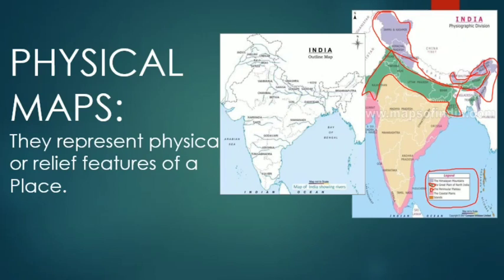This color is a peninsular plateau. So what is a peninsular plateau, children? What is a peninsula? Why are we saying this? This is the plateau, of course. What is a plateau? First of all, a plateau is an upland. Elevated land is called a plateau, whereas plains are the flat lands at sea level. Plateaus are the elevated lands. So this is the elevated land, upland. So you are calling it a plateau.